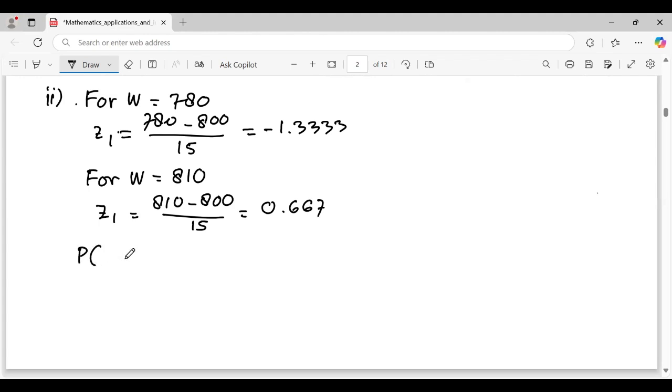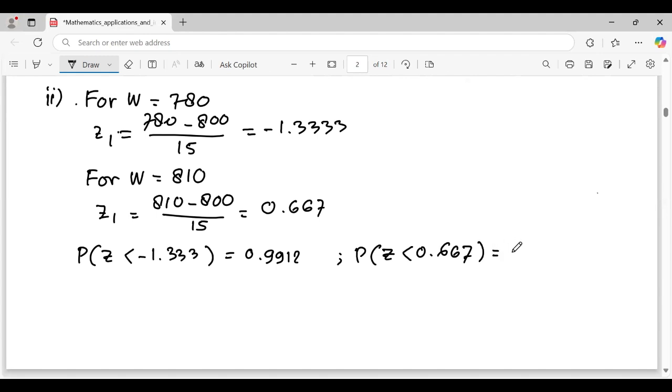So the probability Z less than minus 1.333, according to your calculator or table, it is 0.9912, while the probability Z less than 0.667 is